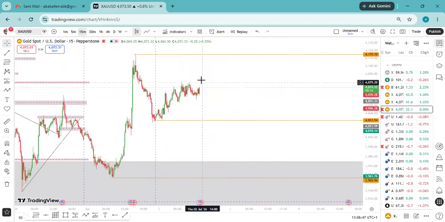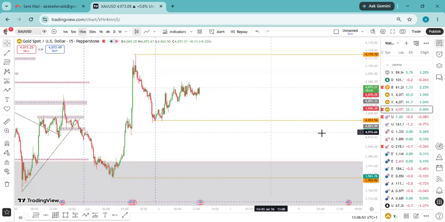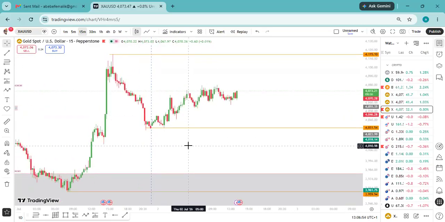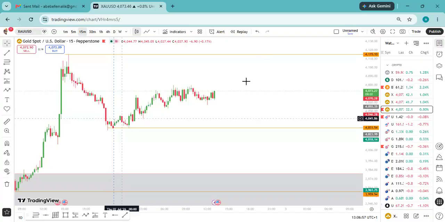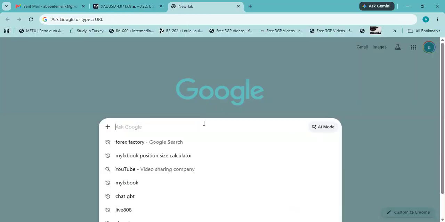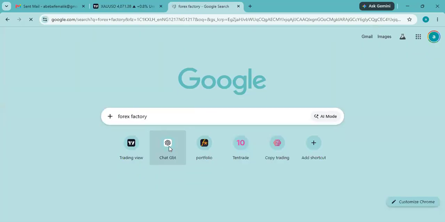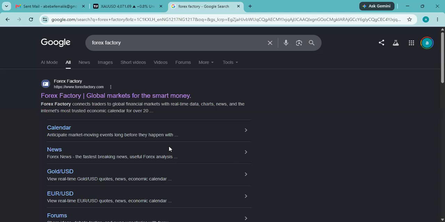We already know my structures, the things I look out for, my key zones, the high low close. Then the next I need is to just get key zones. Since I'm on a buy, I should be looking to take out highs and protect lows. Now let's combine it with our news, which is Forex Factory. So for my Forex Factory,